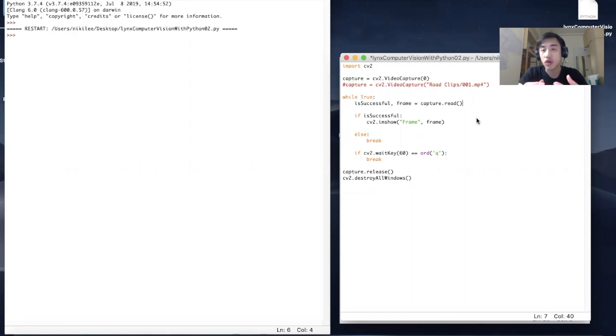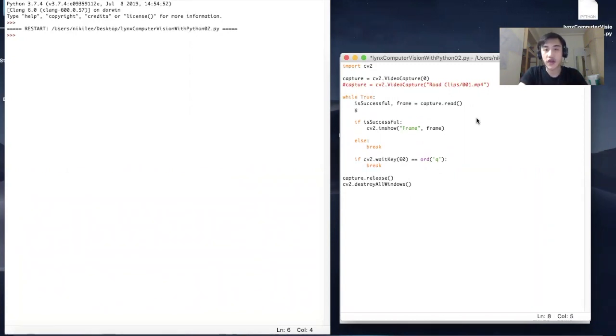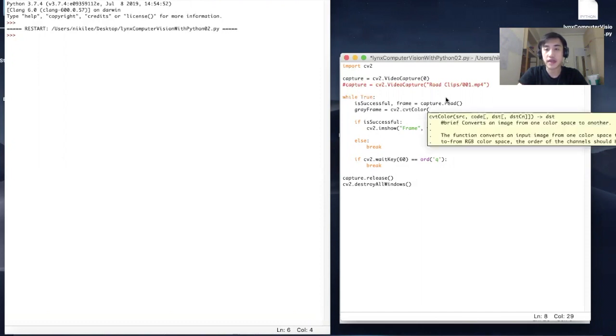We usually would make the image grayscale first. So let's call the new frame gray frame, and we use cv2. It's a function within cv2 that will help to convert the image to anything we want. We pass in the first variable, which is the frame that we want to work on,